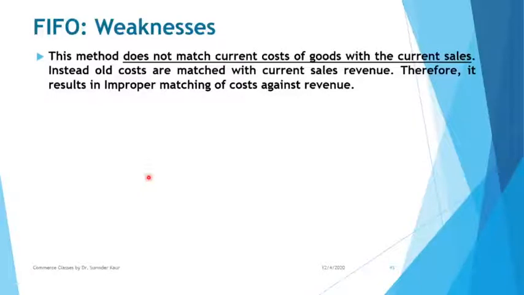So we'll have to measure the benefits and drawbacks of both, and accordingly we have to apply FIFO and LIFO. See, whatever weakness of FIFO is there, that will become the strength of LIFO, because therein the system works opposite. So we'll get to that later on anyway. So I hope this point is clear. It's not resulting in proper matching of cost. It results in improper matching, because you have current selling price but you have the cost which is old.